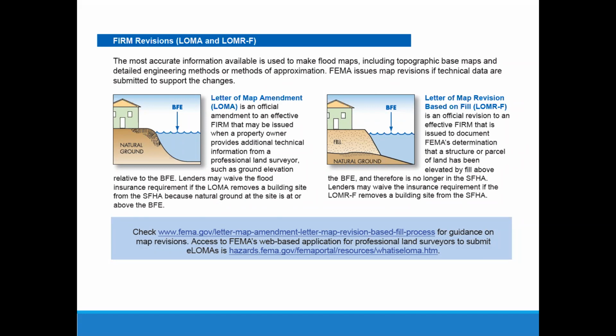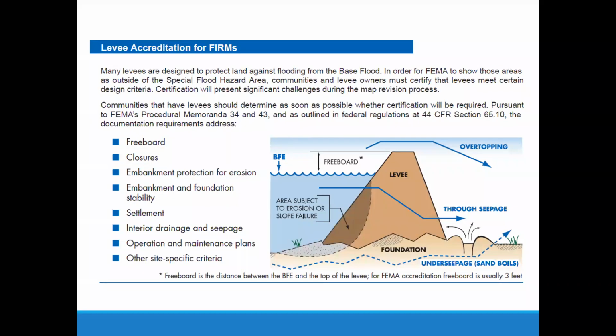There are slight differences in the way that FEMA reviews letters of map revision based on fill instead of letters of map amendment. With letters of map amendment, FEMA would say, our map was wrong. We just made a miscalculation. This house shouldn't have been in the floodplain to begin with. With letters of map revision based on fill, FEMA is saying our map was correct and you tried to alter the conditions, and that's fine, but we're going to do a slightly different type of review, a little bit stricter than we do with a regular LOMA. And we have a full course on LOMAs and LOMR-Fs. It's on our training website. You can listen to a recording of it.